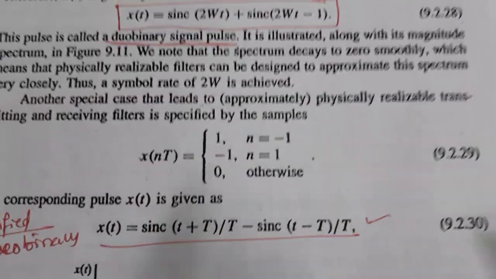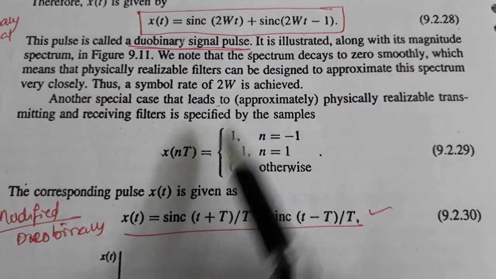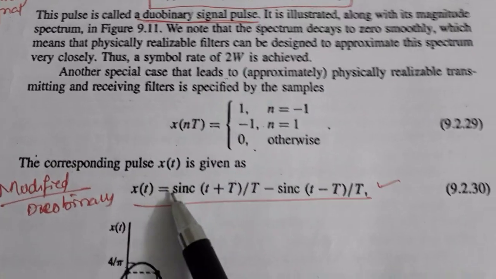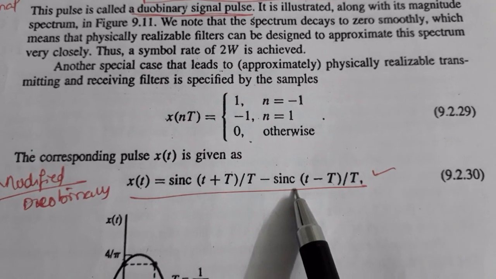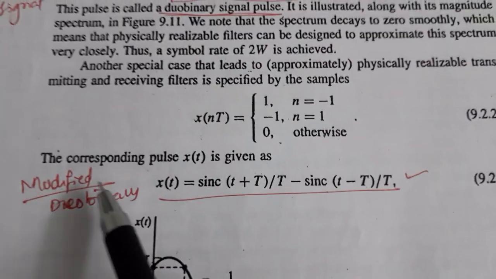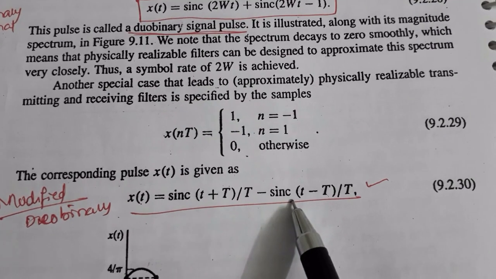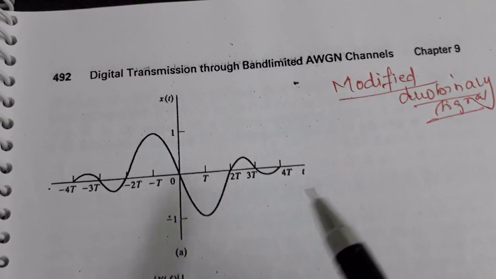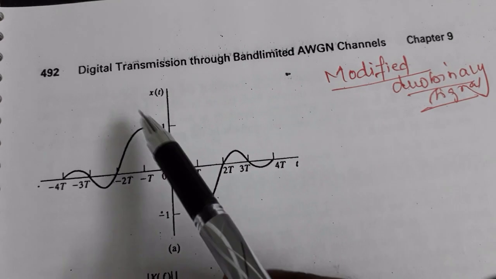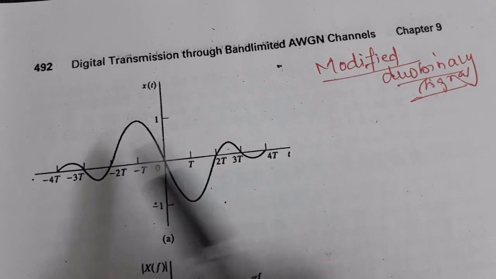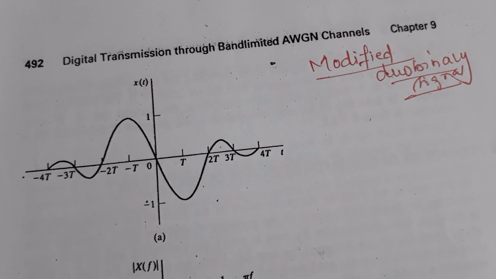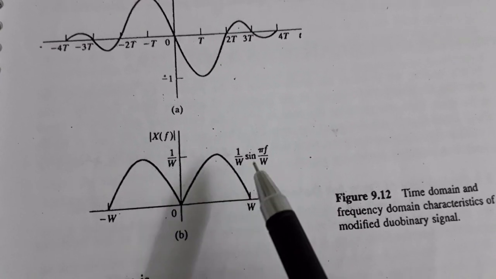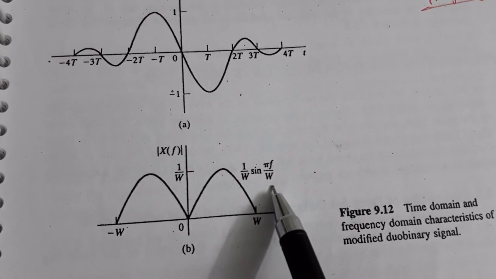Now I am going for the next equation now. I have represented x of nT, three terms, three amplitudes are there, 1, minus 1 and 0. And this is represented in the form of a sinc function, two sinc functions with the shift part is there. This is called modified duobinary. So modified duobinary, I am going to show you the spectrum here. This is the spectrum of modified duobinary, where you can find two peaks are there, one positive peak and one negative peak. Forget this part of this, I am not bothered. So when you convert it into frequency domain, you have got two parts here. So by this method, intersymbol interference can be reduced.